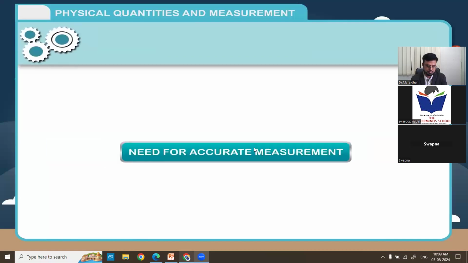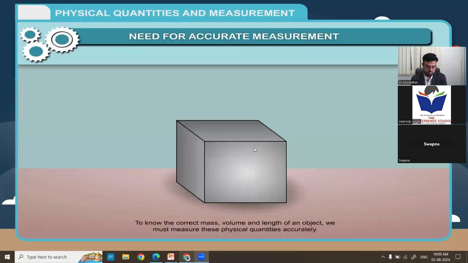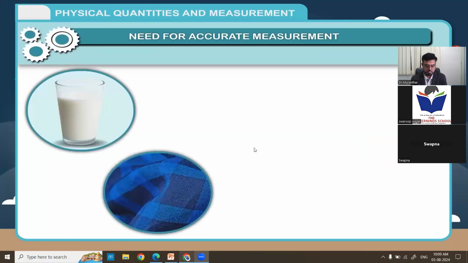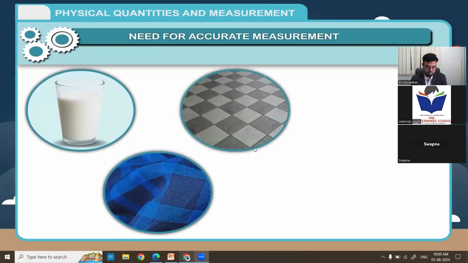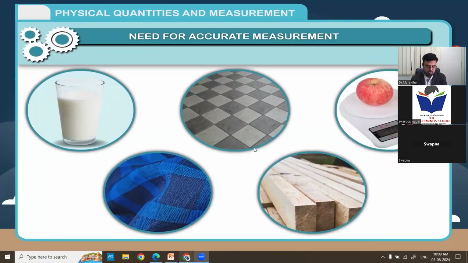Need for accurate measurement. To know the correct mass, volume, and length of an object, we must measure these physical quantities accurately. We purchase milk by volume, cloth by length, floor tiles by area, timber wood by volume, and fruits and vegetables by mass. In the